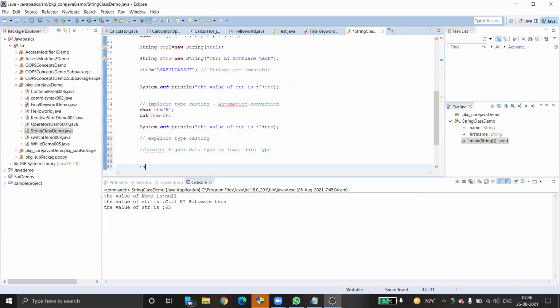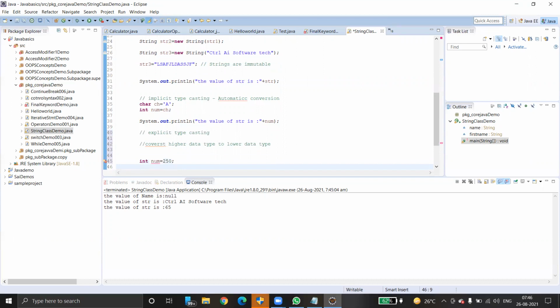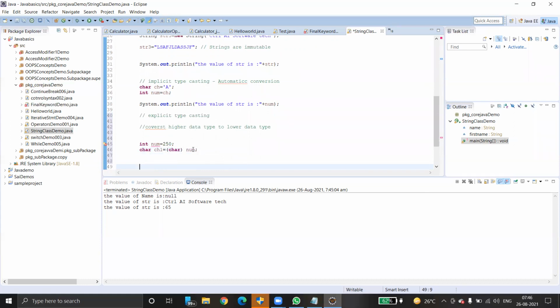Again, just create an integer number equals to 250 or something, and then I try to convert this into character. Character 1 equals to char of number. That's all. So this has to be enclosed with parentheses. This is explicit type conversion.